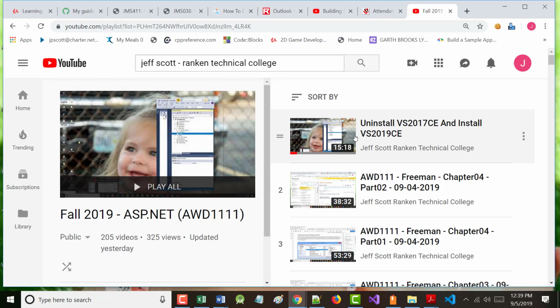The thing I've kept in there as the first lecture is the uninstall that we did the first day of 2017 and the install of 2019. That said, every time I go through a chapter, they're in here. This summer, I went through this entire book. So there are probably somewhere upwards of 50 to 60 lectures on all 27 chapters of the book. That's what you see if you start going down in here. But if you notice, there's 205 videos. You only see 100 on each screen.